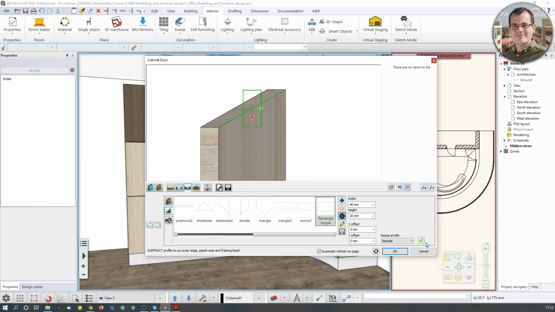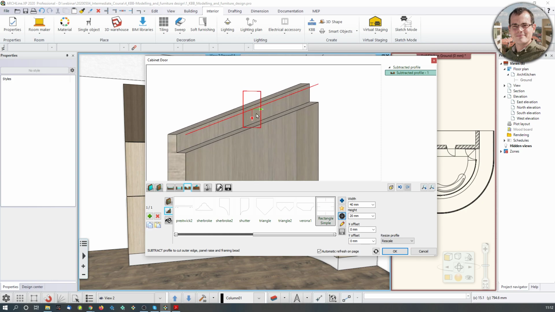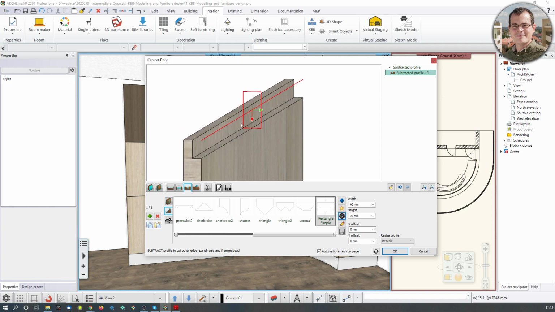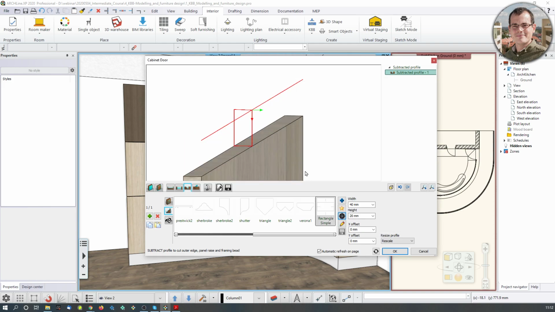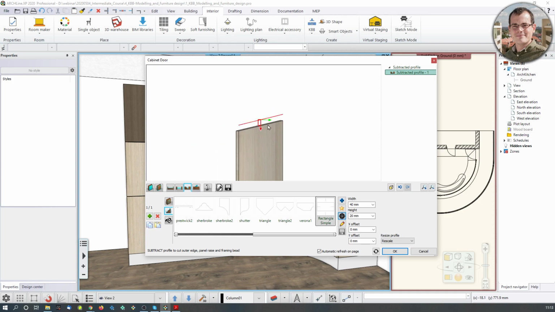So if I hit the check mark, I see that there is one cut, but instead I want the whole side cut. I'm sure you understand what I mean. So I need to push this profile to the left. How do I do that? I go back to this setup over here and change the reference point to the top left, I think. Yeah, there we go. So now what I ended up with is a panel which has a cut in the